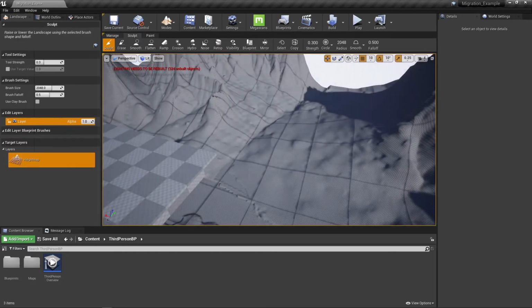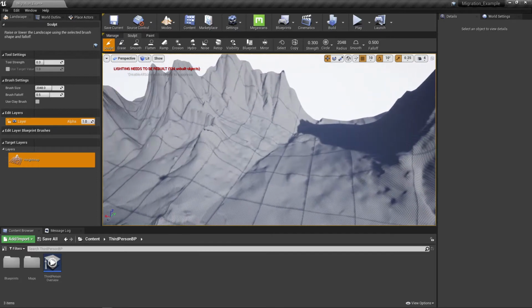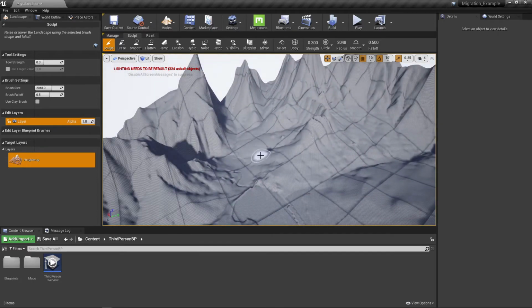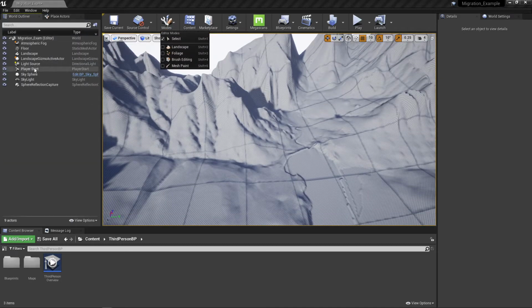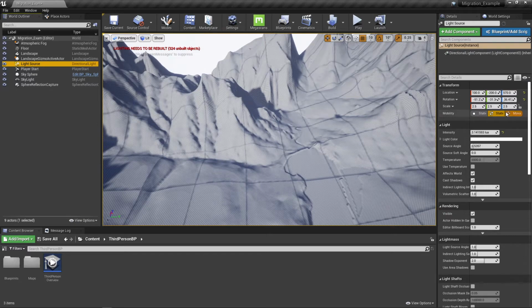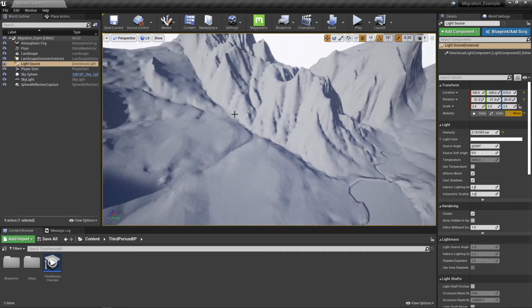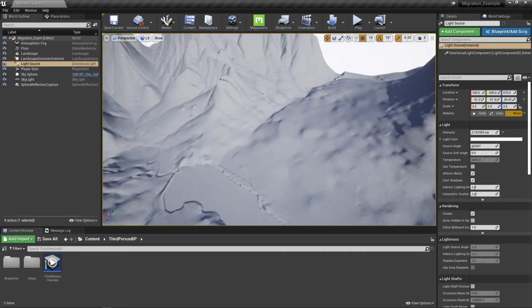There we have it. I'm going to go ahead and get rid of all these lines right now, so all the grid squares that are on this, let's go ahead and get rid of that. So I'm going to jump back in, select my world outliner, hit my light source, and make it movable right now so that all those lines go away. Alright, so now what we're going to do is, I'm going to save this real quick,